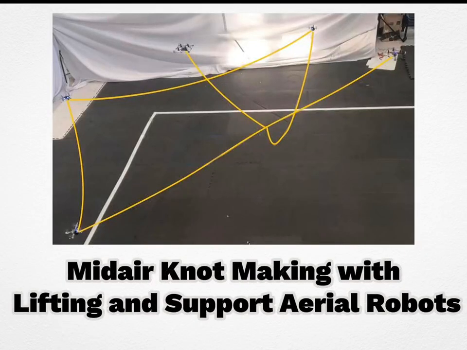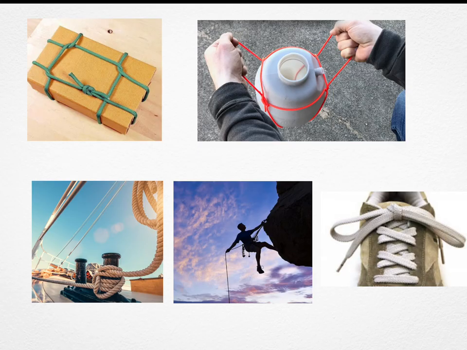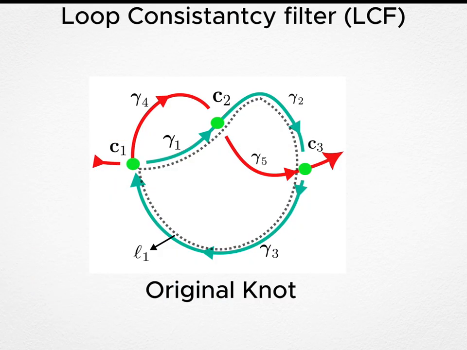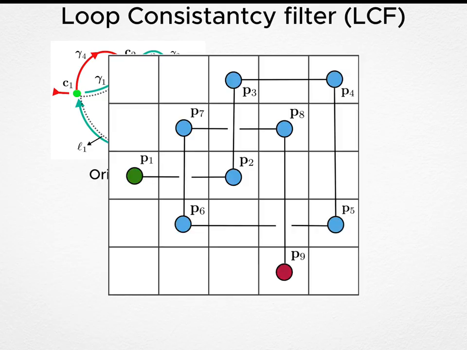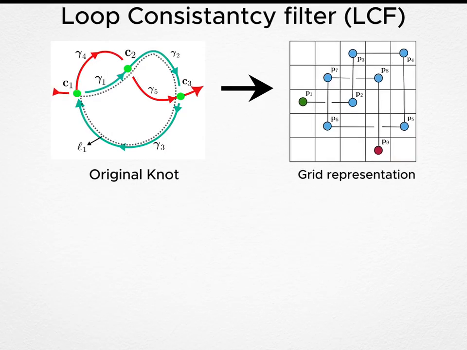Midair knot making with lifting and support aerial robots. Knots are widely used across domains such as sailing, climbing, and transportation, motivating their study in aerial robotics. When converting the original knot into a grid diagram, we want to identify which points require support robots to maintain